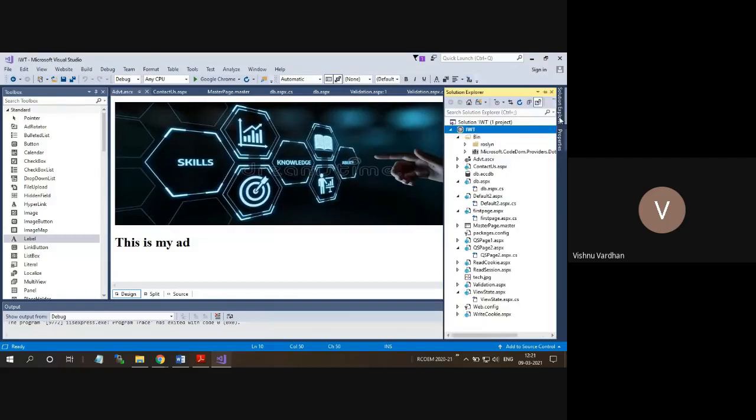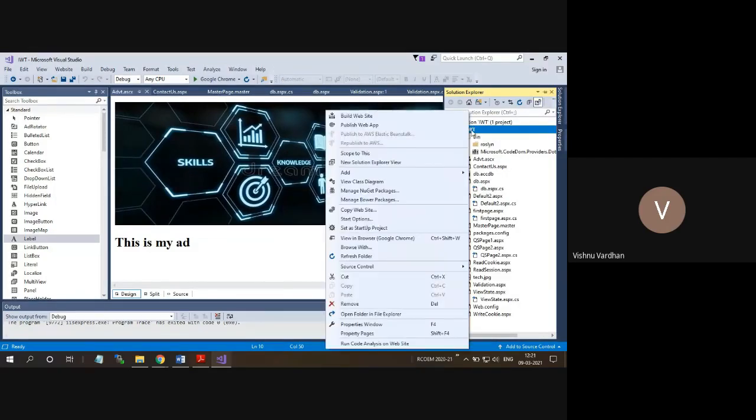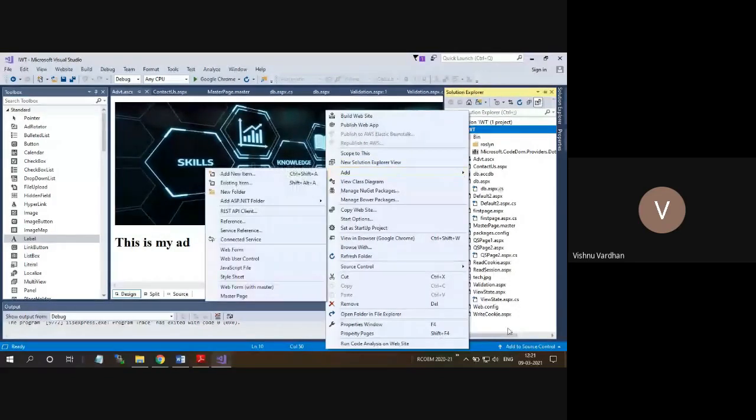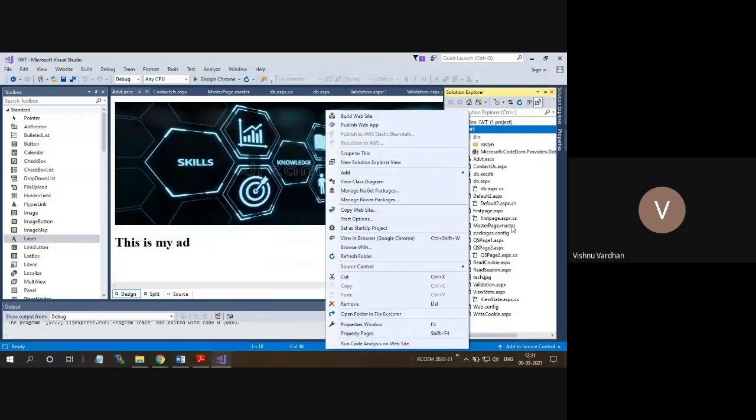One is remaining, that is how to use the web configuration settings. Okay, so for using this web configuration settings, I will take one page actually. Okay, I am not going to disturb the other pages which we have created till now.